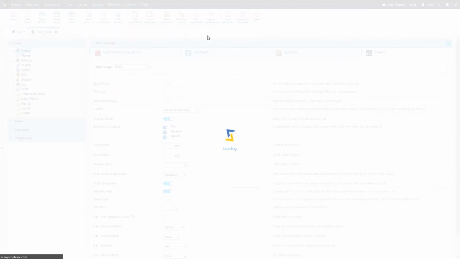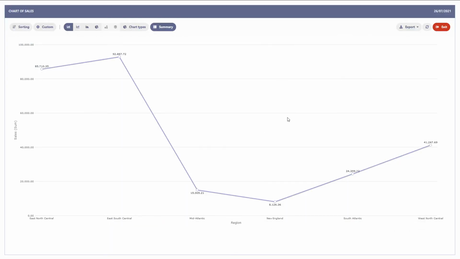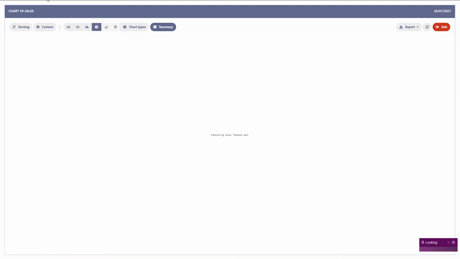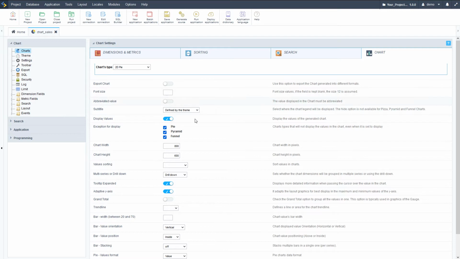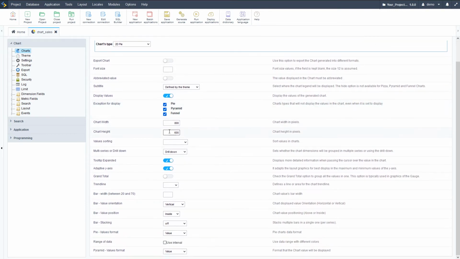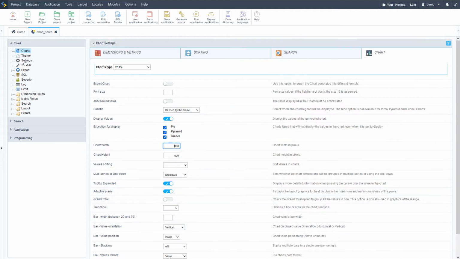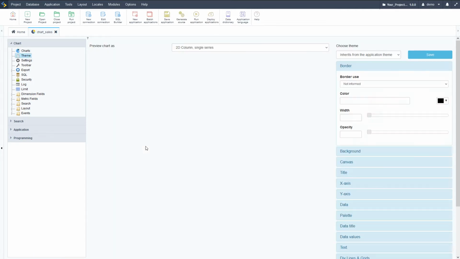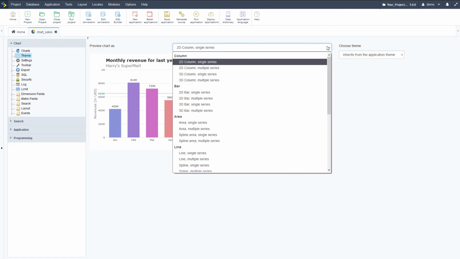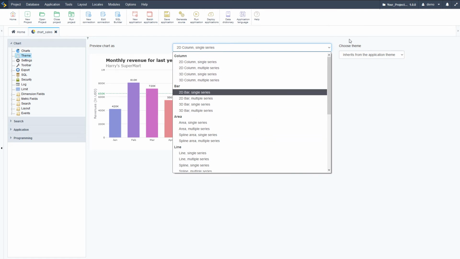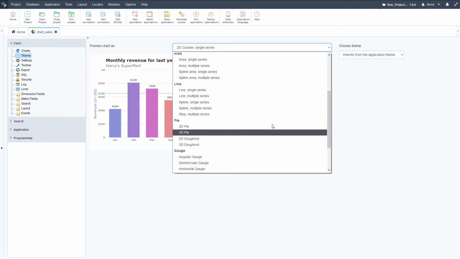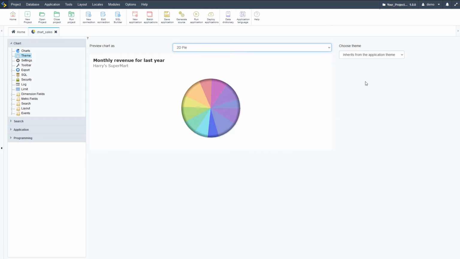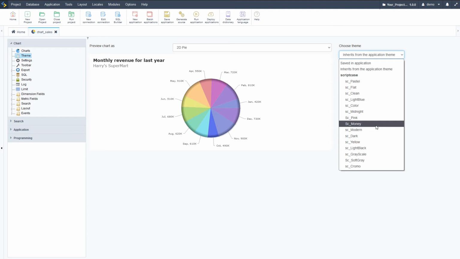So I can start off with the 2D pie, for instance, and that will present my data as the 2D pie to begin with. And that can be fully customized here within the chart tab. We can change here the width of the chart, any values, and so forth. On the left-hand side here, we have the theme options, which we can preview for a relevant theme. So ideally here, we would choose the theme that we are using. So we are using here the 2D pie. And then we can customize